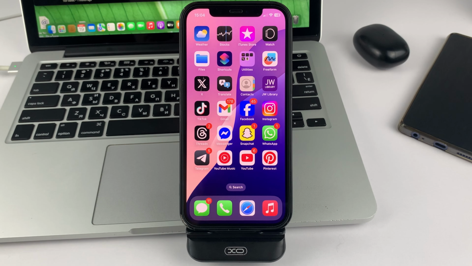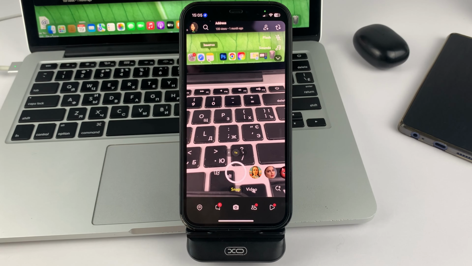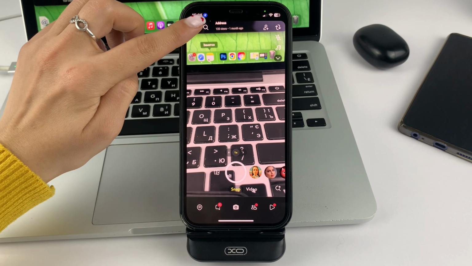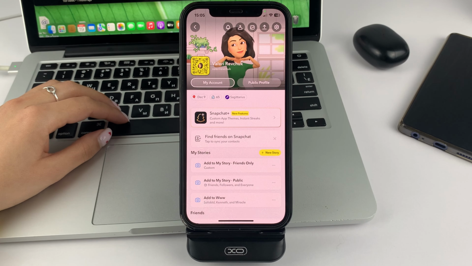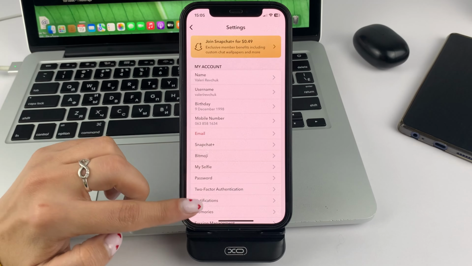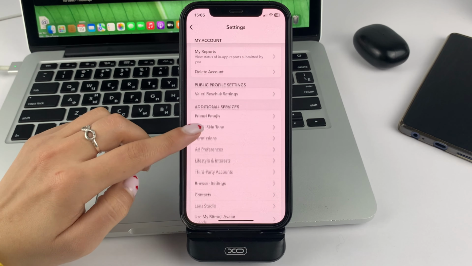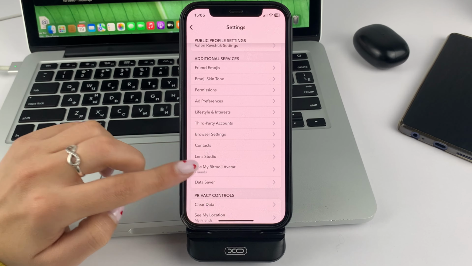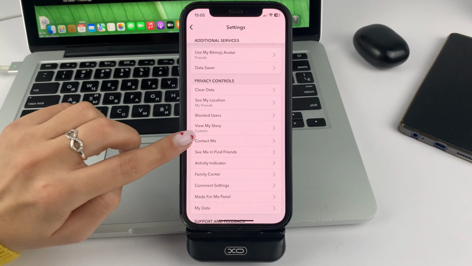So let's go, friends. You and I are going to get down to our topic. And first of all, please open the Snapchat app on your device. And then you'll need to click on your Bitmoji at the top left so that you can open your account. Now on the top right, tap on the gear so you can go to Settings. And next, please scroll through the menu a little bit. And then you'll need to find this section. Click on it.